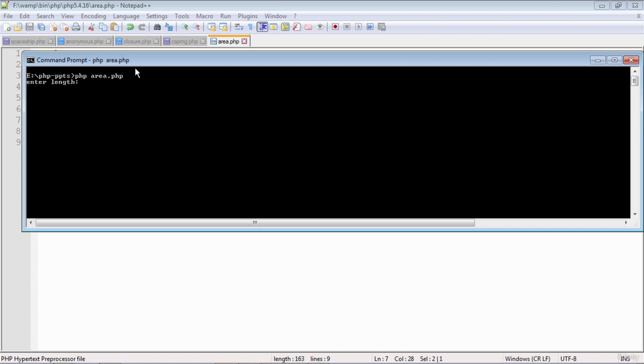First statement is fscanf: enter the length, I give some number; enter the breadth, I give some other number; area is equal to 200. So that is how console input output operations can be done using the standard library